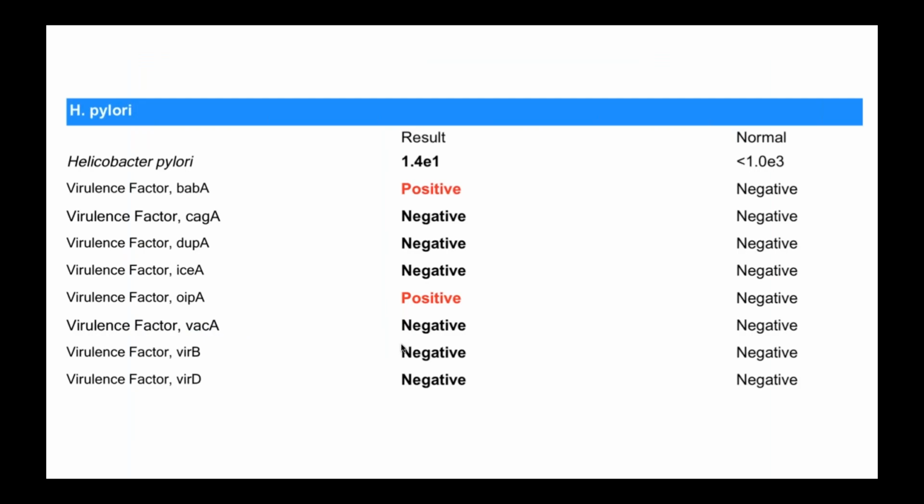And here we go with the next page. We already see one of our first big clues, which is the presence of H. pylori. Now again, in this case, H. pylori is not flagged as especially high. It's actually quite a bit lower than the cutoff level before being considered officially high. But just like some of these other pathogens that we often see present, but not necessarily at high levels, such as Giardia, as well as Candida,